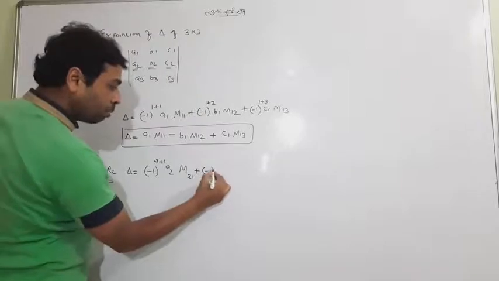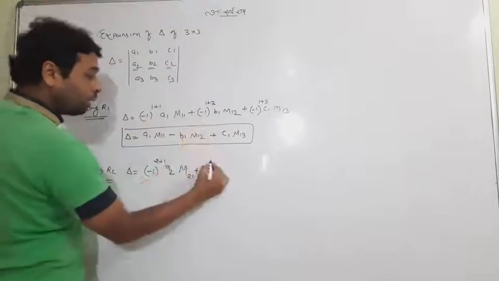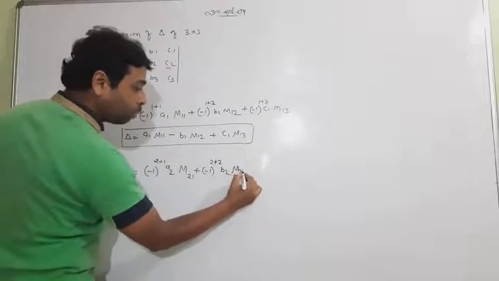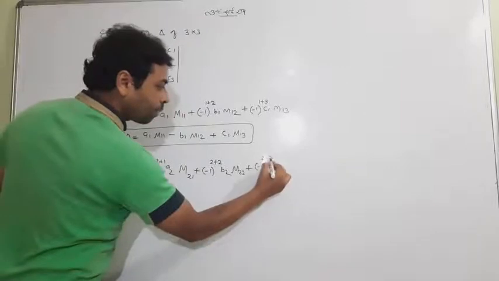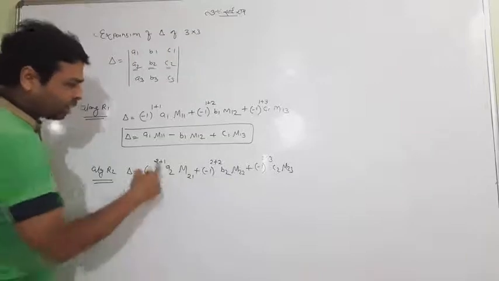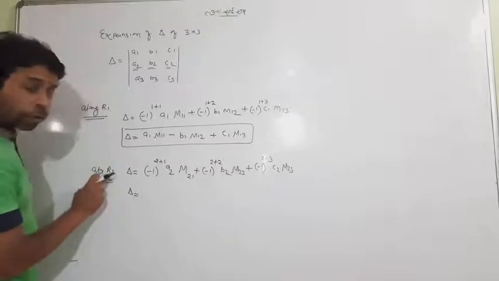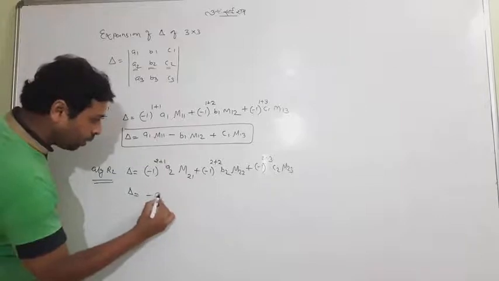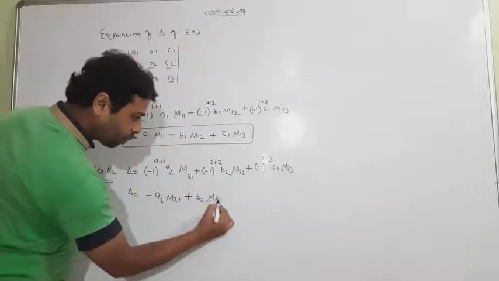What about next? Minus 1 to the power, the second element is lying in the second row, second column, 2 plus 2. Element itself and its minor 2, 2. Third, C2, which is lying in second row, third column, element itself and its minor. I again want to say that it is not important, but after this step you have to remember that for along R2, minus 1 to the power 2 plus 1, meaning 3, meaning a negative sign. So now it is very easy. It is a positive sign, it is a negative sign.